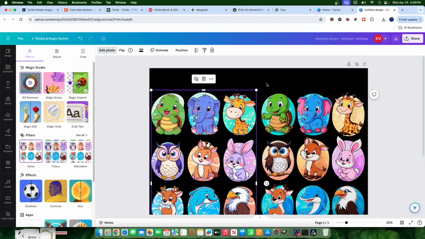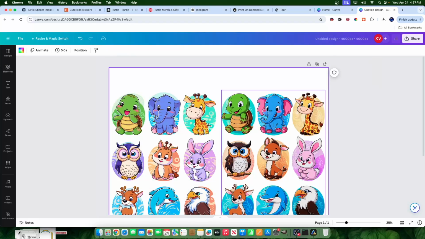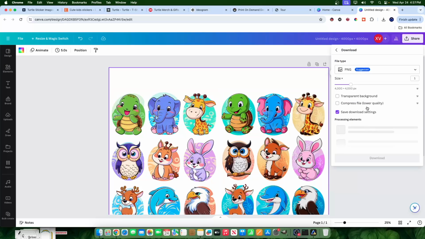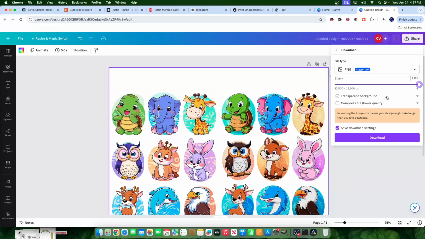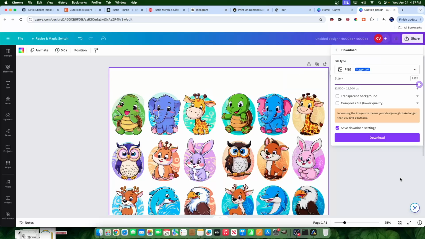And now it's time to take the image and remove the background. Now that the background is removed, it's time to download the image in as large as possible. So in my case, it's going to be 12,500 by 12,500. Obviously, if you're setting up your stickers in a different style grid or something else, then it's going to look a little bit differently, but you are going to want to export them just like this